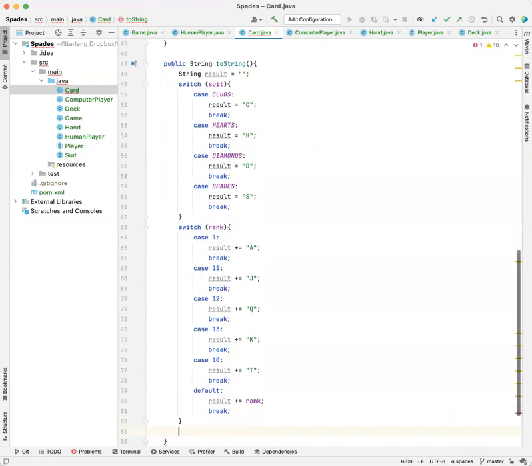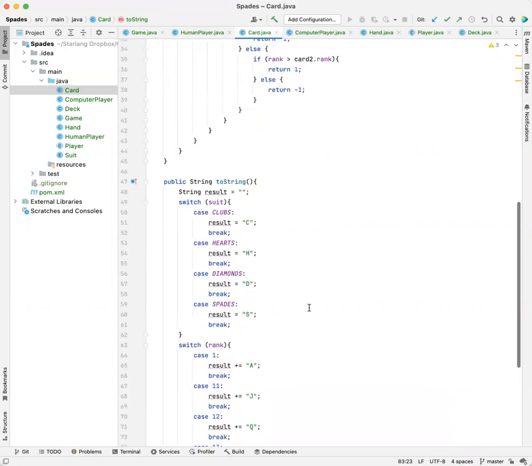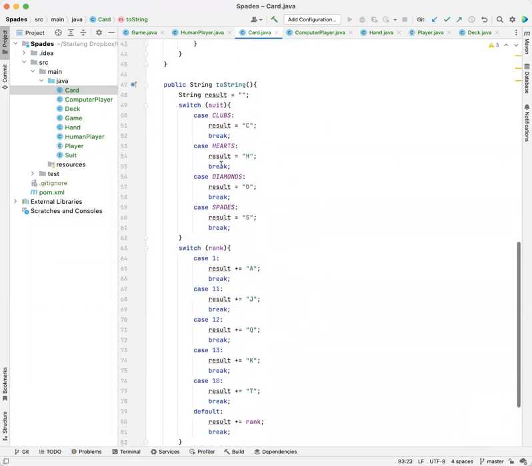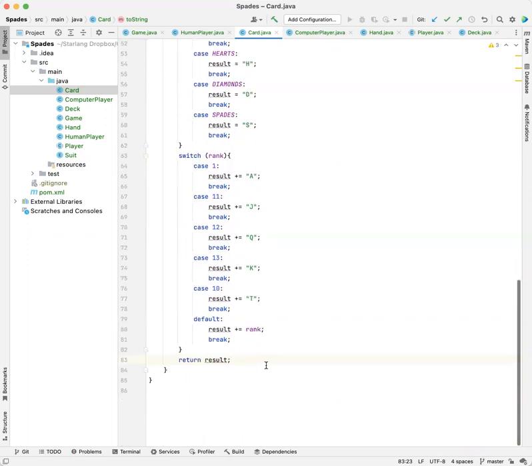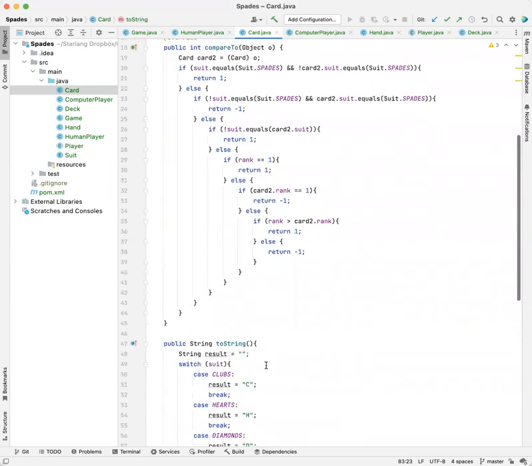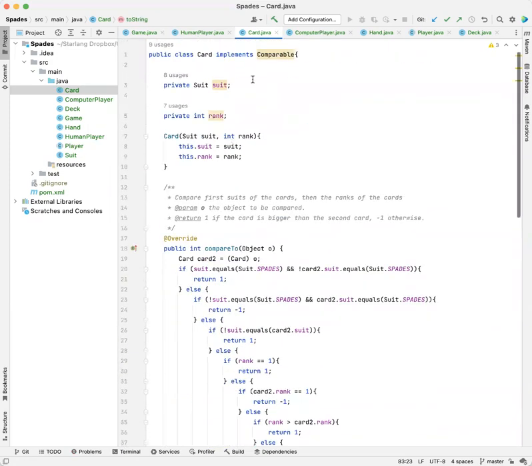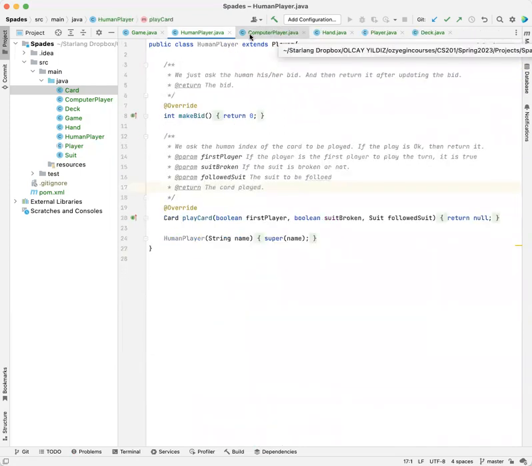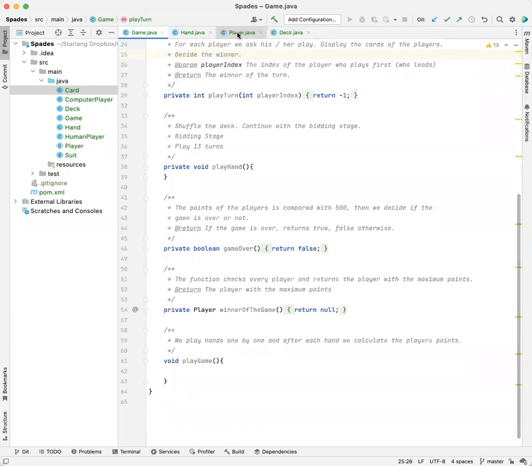So then we can return the result. That's the toString method, which combines the suite's first character with the rank, and the ranks are, except the numbers from 1 to 9, special ranks, so therefore we can give it like that. Okay, so we have implemented the compareTo and the toString methods in the card. Okay, so then let's continue